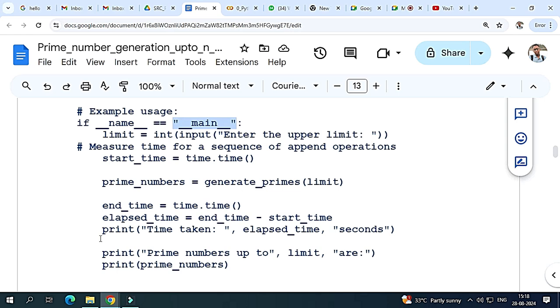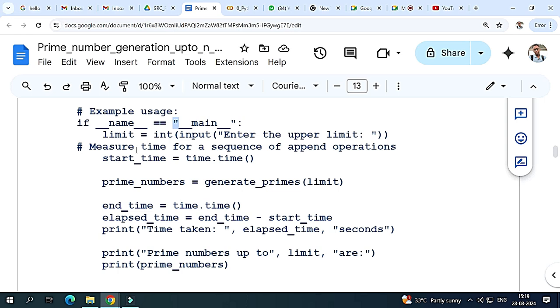Okay, thank you. So again, I wish to tell you why if __name__ double quote means you are comparing. It is not equal, it is equal to. You are comparing the output of this equal to within double quotes. It can be within single quotes also. I am matching the value, and this is the way you can incorporate the main entry point of your program. That will help you to debug the program, so that you have artificially created a barrier. So anything on the first line, the second line won't start.